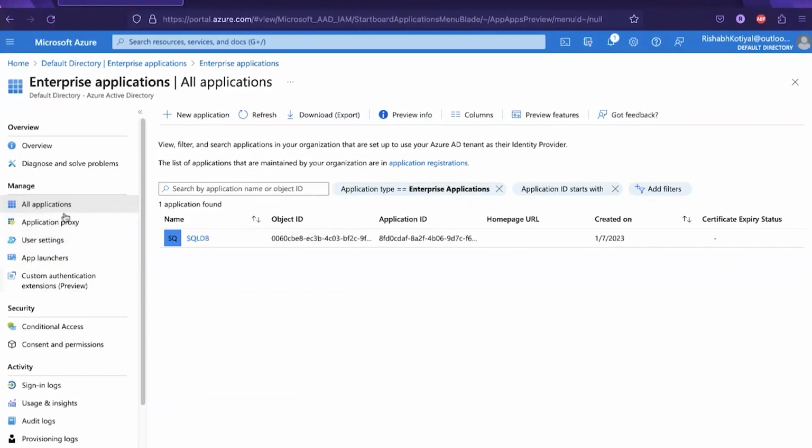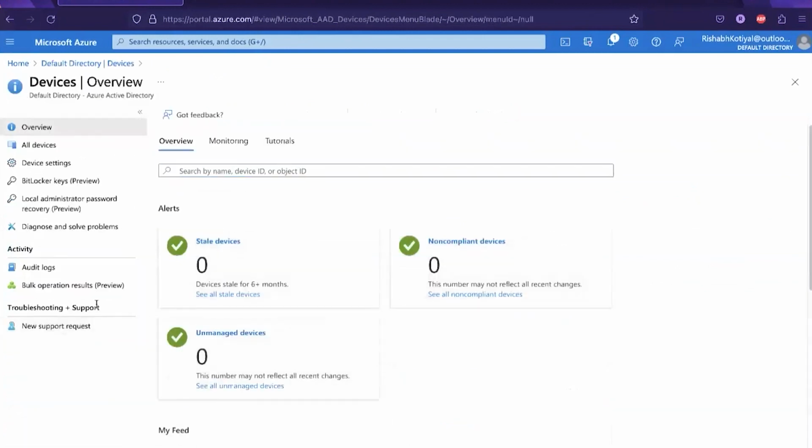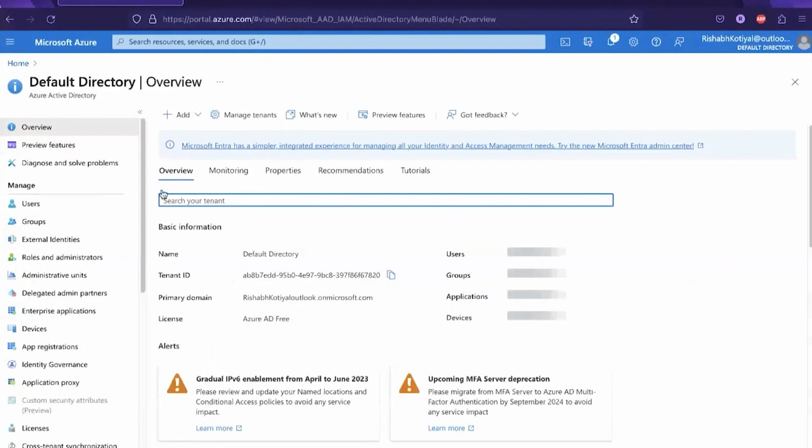You can enable something like single sign-on and other facilities as well. You can register devices as well over here, right? All these options are part of what you will be playing with. This is just the very basic one. For a user who is new, you can understand this as a place or a database where you will keep your usernames and passwords, keeping track of who the different users registered in your organization are.